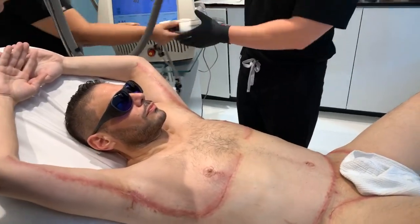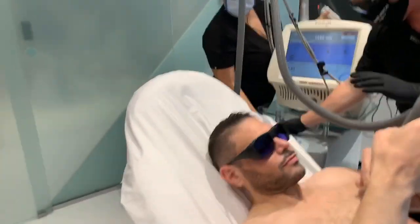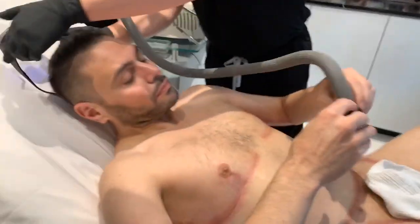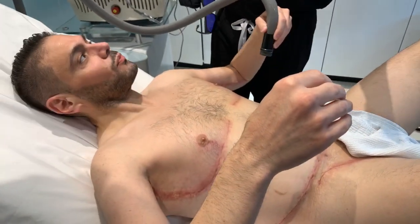Let me grab that. I'm going to give him this. Hold this in your hand here, this tube. Now below the cold air. The key, you guys, and I did all the initial studies with Fraxel, is the key right now is to get the skin really cool, because there's a lot of swelling that occurs. So he sits for 5-10 minutes and cools,